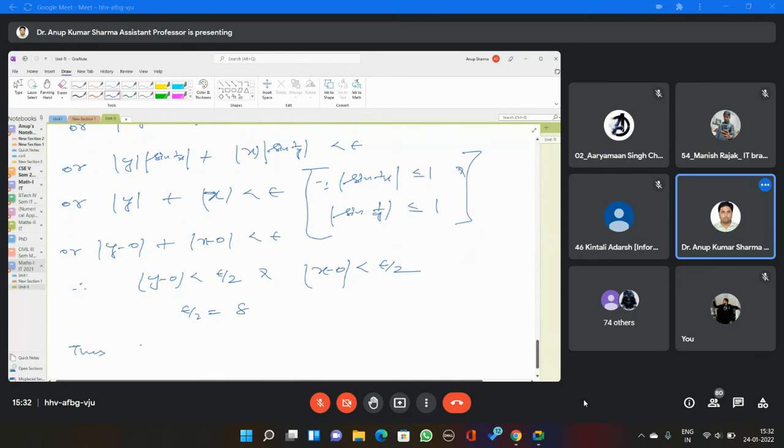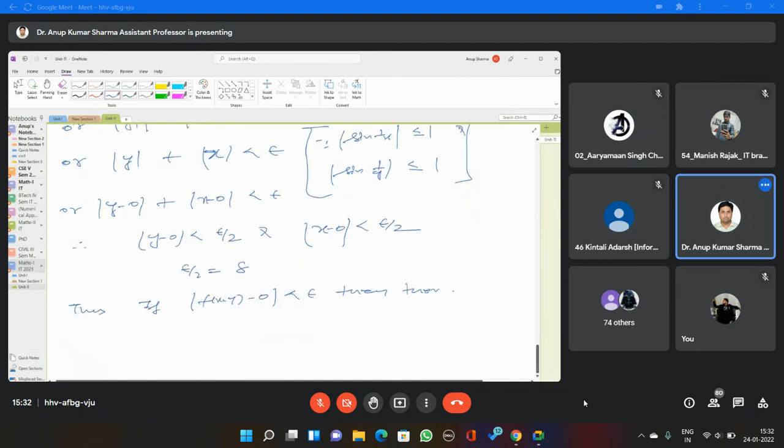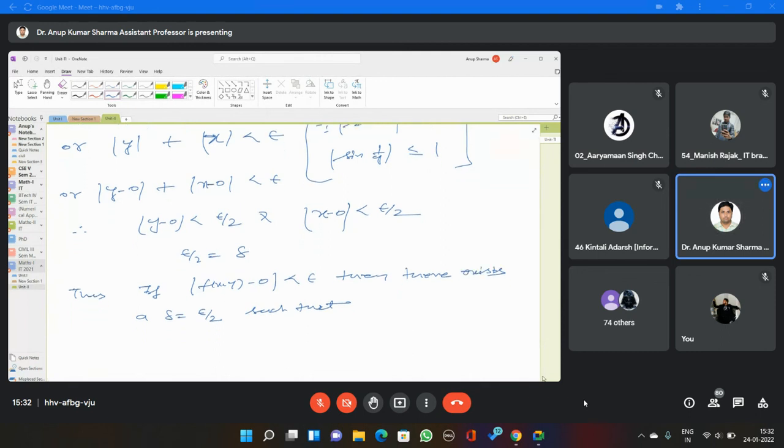Thus, if the modulus of f(x,y) minus 0 is less than epsilon, then there exists a delta greater than 0, epsilon by 2, such that we can write